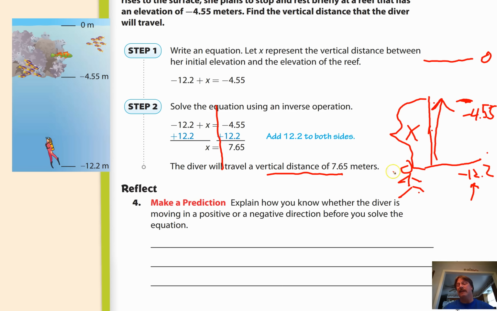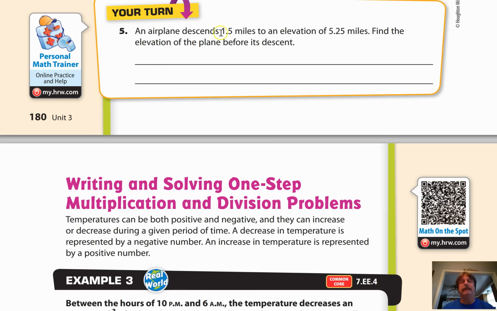This is just a hand sketch of what they did over here for you, which you're not going to be given. If we look here, an airplane descends 1.5 miles to an elevation of 5.25 miles. Find the elevation of the plane before its descent. We draw ourselves a map. It descends 1.5, so that means it's going to go down. It goes down 1.5, that's going to be a negative, to an elevation, so I'm going to put this as an elevation of